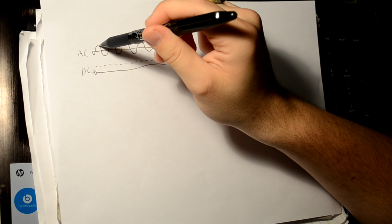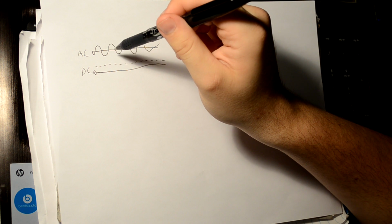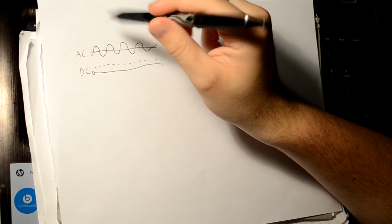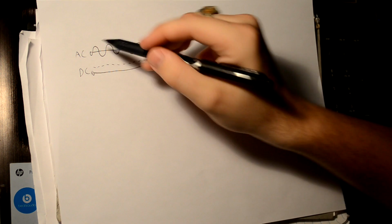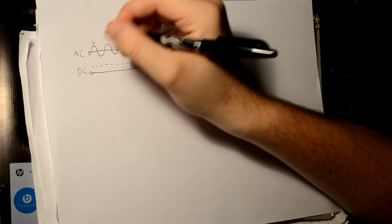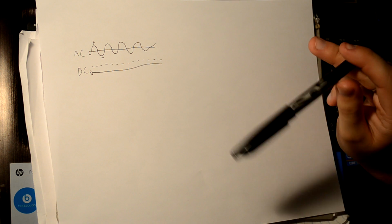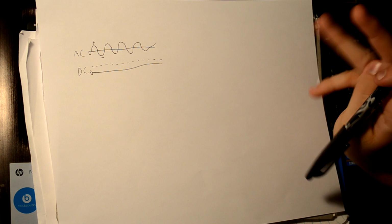which is a positive peak and a negative peak. And it cycles at 60 hertz, which means 60 times per second. And so you get these waves happening 60 times a second, and it's 120 volts positive, and 120 volts negative. Well, like I stated before, in the amplifier we need both AC and DC voltage for